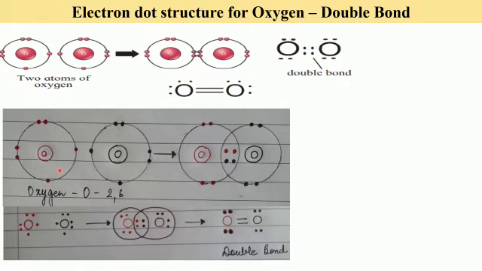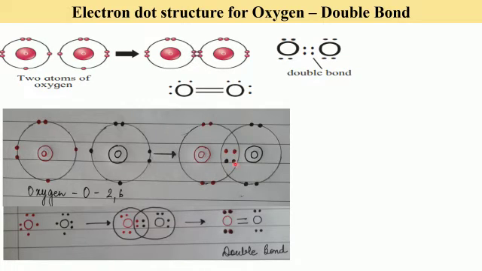Here also we have drawn the diagram. Nucleus of oxygen. Oxygen symbol you have to write inside it. Valence shell comprising of 6 electrons each. This oxygen shares its 2 electrons. This oxygen also shares its 2 electrons. The overlapping shells have been shown, valence shells. 4 electrons we have shown with different colors to indicate that 2 are coming from each atom.